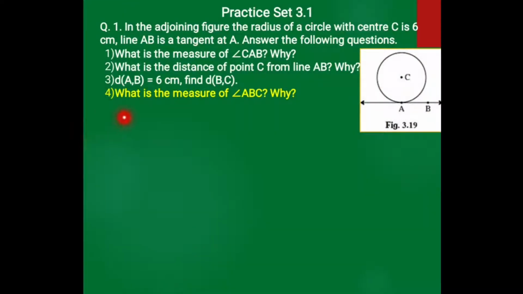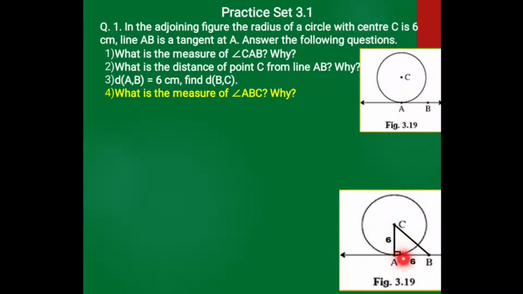Now see the fourth sub question. What is the measure of angle ABC? We have to measure the angle ABC. Now observe the triangle ABC. Here the length of AB is 6, the length of AC is 6. That means this is an isosceles triangle. Here the angle is 90 degrees. So the angle at B must be 45 and at C must be 45. So see here,